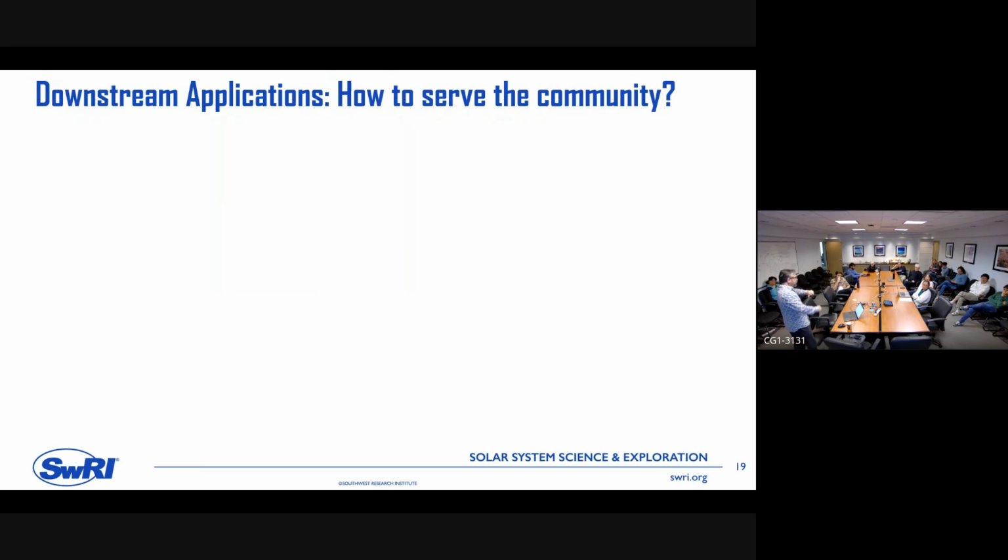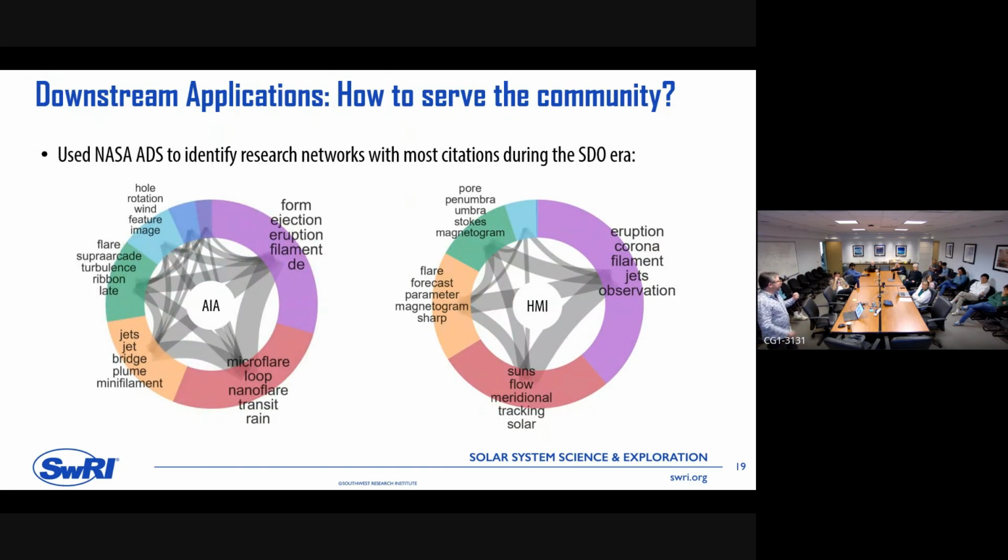Then the question, and this is where Lika and I and our science core come in: there is a very strong technical aspiration in the exercise of Surya, and that has to be tempered at some level by physics, by heliophysics and the problems that heliophysicists are interested in. So we looked at ADS to look at networks of citations.